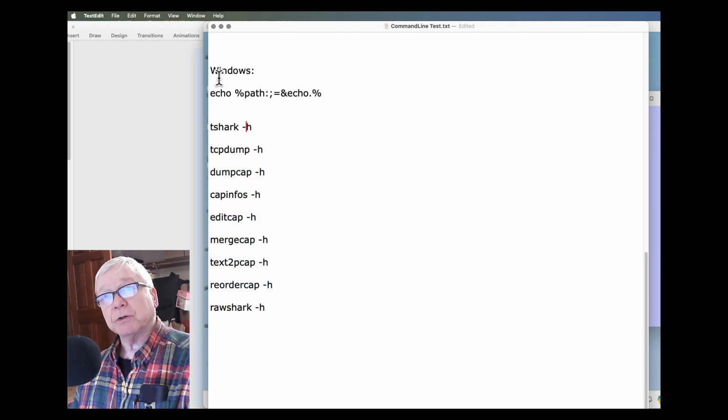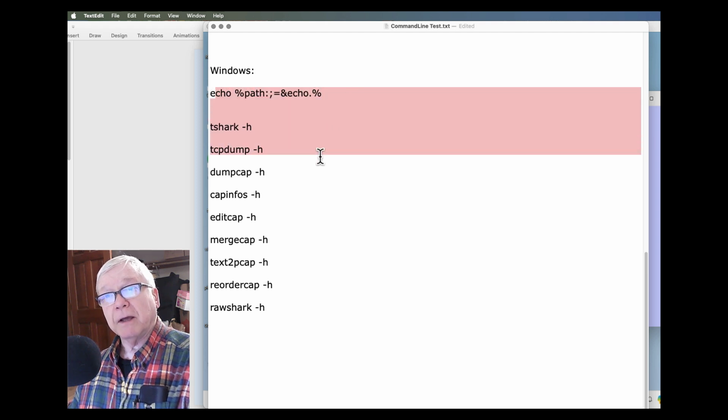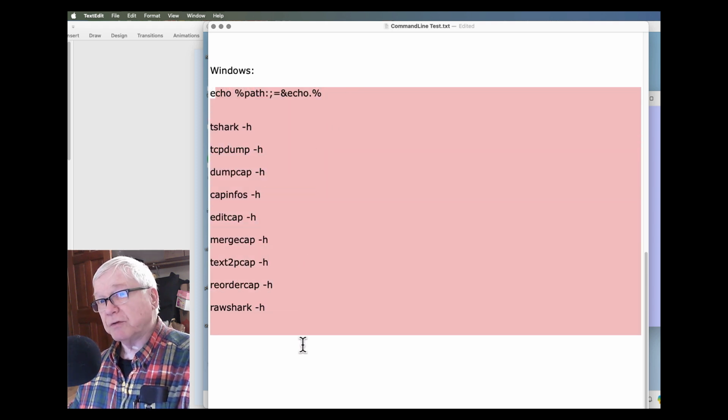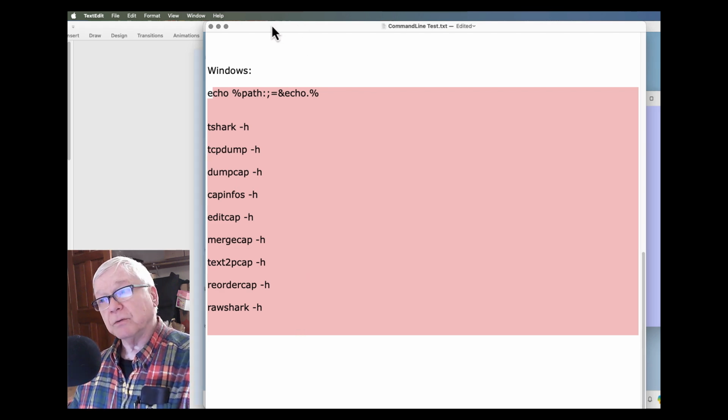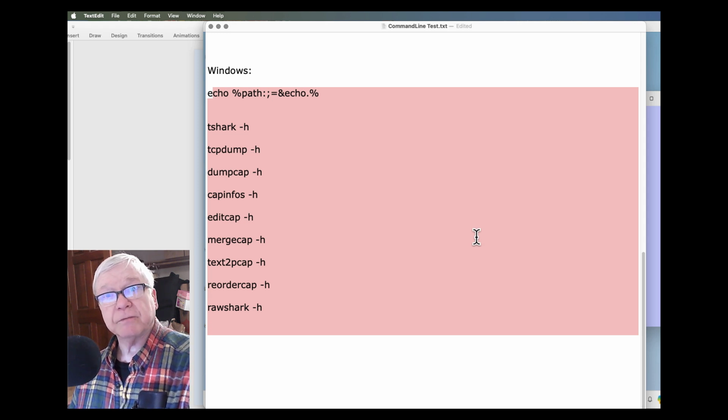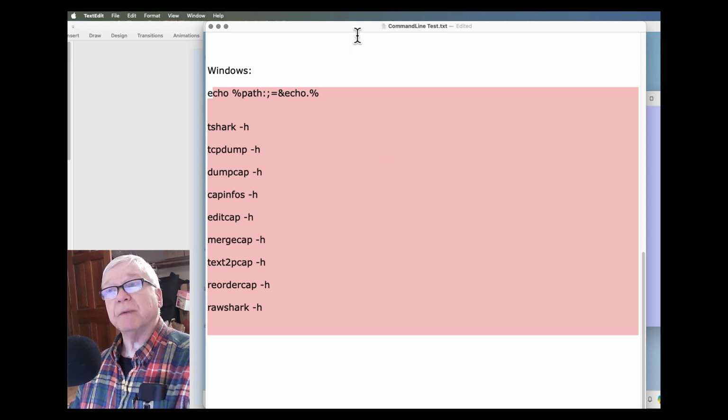But you've made sure that the path is there, and the help is there, which means you really should be able to run all of those without any trouble. And then you can go ahead and do the work for the labs, for practicing command line tools.